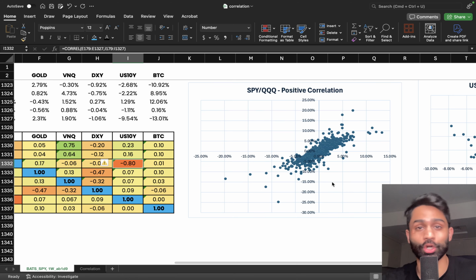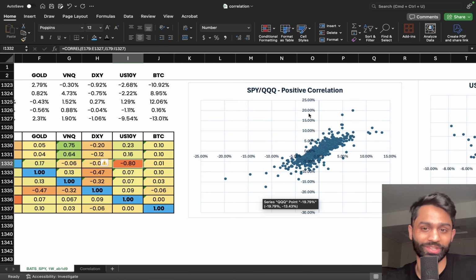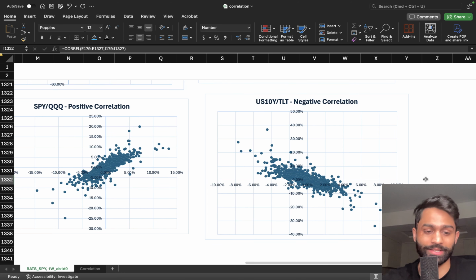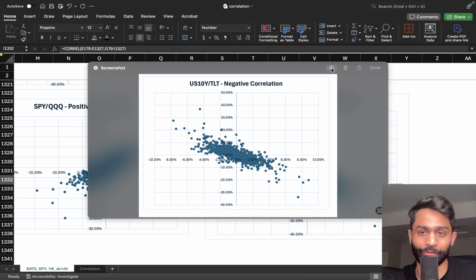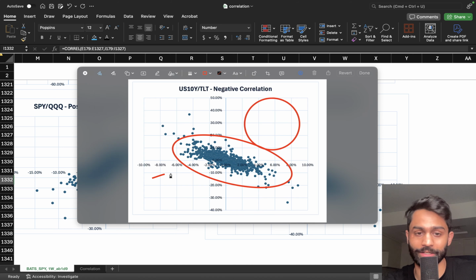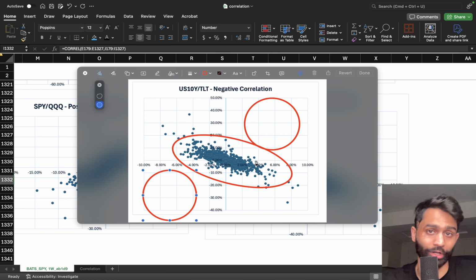That is going to be the exact opposite of what we just saw with SPY and QQQs. That's going to be a negative correlation looking something like this, as you can see. And it's the exact opposite, spanning a little bit more from the top left to the bottom right for this chart. So this right here is going to be that negative correlation, and you're not going to find a lot of outcomes over here or over here. So that's a very good negative correlation, as we've already witnessed.